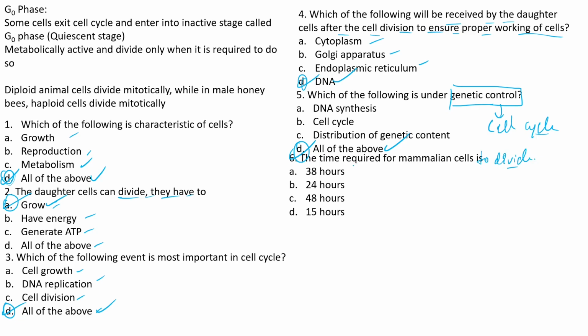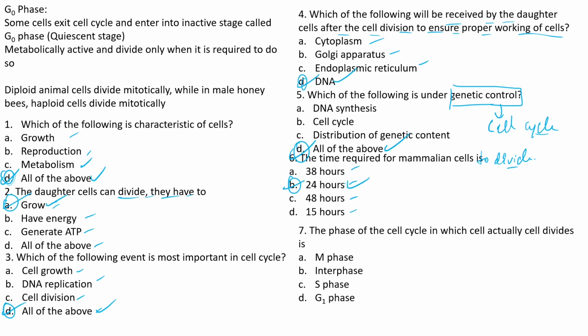Divide is 38 hours, 24 hours, 48 hours, 15 hours. We know it is what? The 24 hours. The phase of the cell cycle in which a cell actually divides. Okay, so let's look into the question. The phase of the cell cycle in which a cell actually divides is the M phase, okay, interphase, S phase